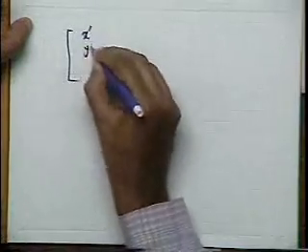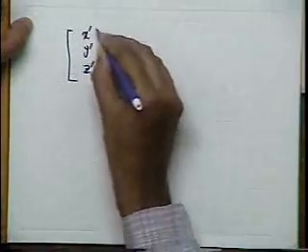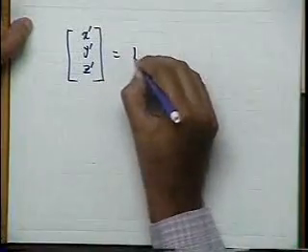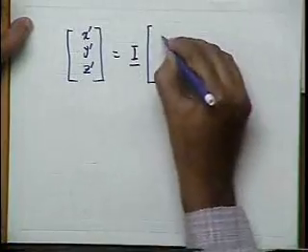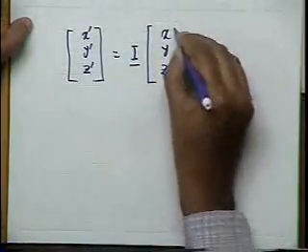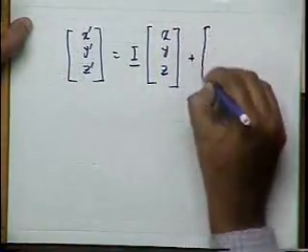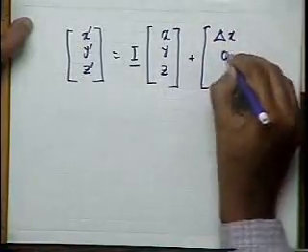That means to say that I am considering a relationship of this nature. x prime, y prime, z prime is equal to I, being the identity matrix, times x, y, z plus delta x, 0, 0,